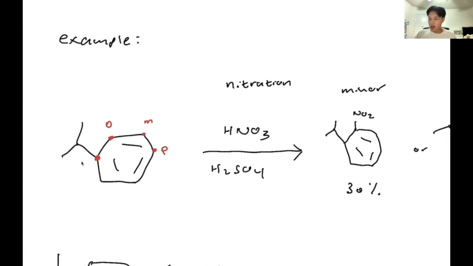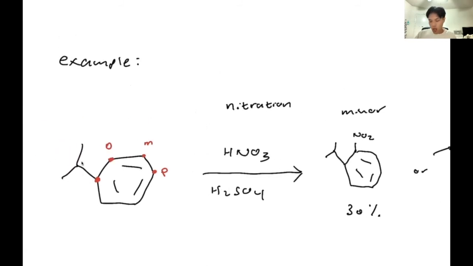So pretty easy. Let's go through what we did again. We identified which carbon has our substituent, and it's this carbon. We then named the ortho, meta, para positions. One is ortho, two is meta, three is para, right? And then from that, we looked at what we're going to do in the reaction. In this case, it's going to be a nitration. And because it's a nitration, we know that NO2